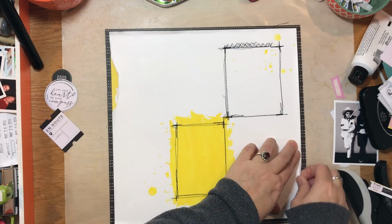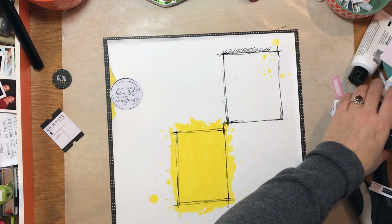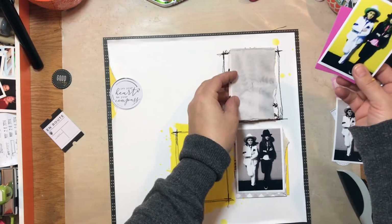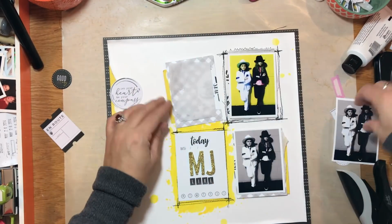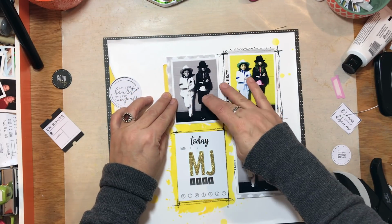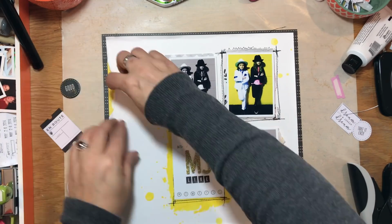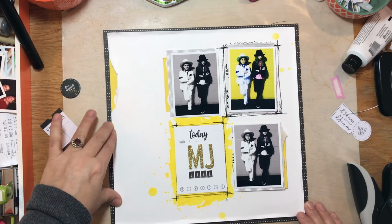So now I'm just kind of roughing up the edges a little bit to give it a little bit more dimension. And I found 3 or 4 different circles with sayings on them, and I kind of auditioned those on the page before I ended up going with, well, not a sticker. It does have stick on the back, but it's a wood veneer, one of the wood veneer pieces that says, "Oh my heart,"